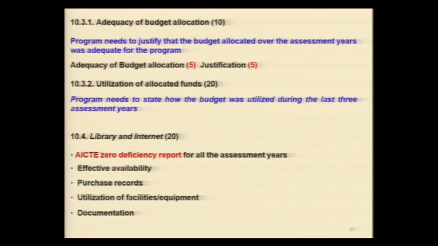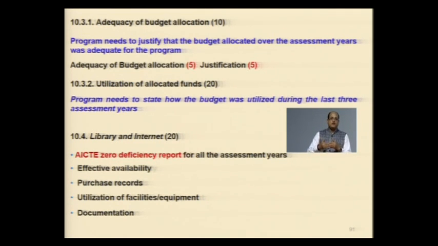On adequacy of budget allocation, they will also look at whether the budget formulation process is bottom up or top down. They will look at whether all faculty members and lab in-charges give their requirements, how those requirements get consolidated at the HOD level, how the HOD level requirement goes to the principal, and how the principal then looks at what is expected and the correct working perspective. The annual budget is approved by the governing board, the council of management, or the board of management. So the principal places these things before the governing board, which approves them.